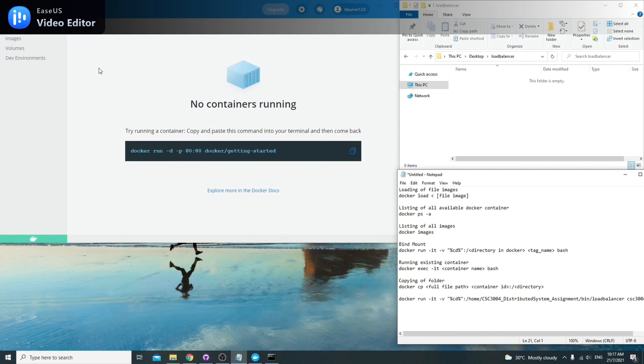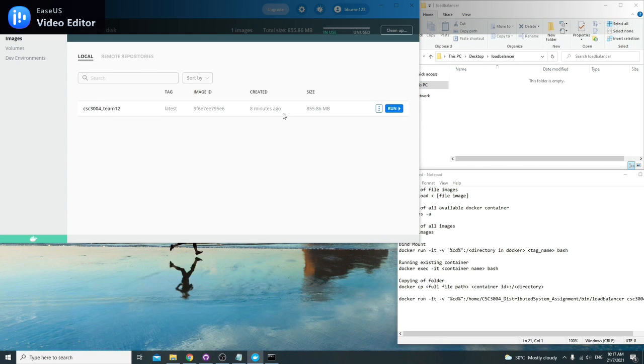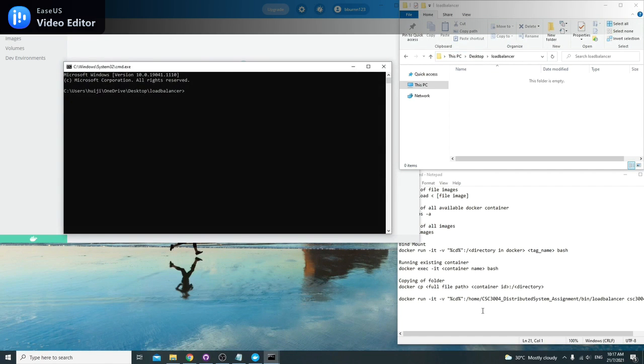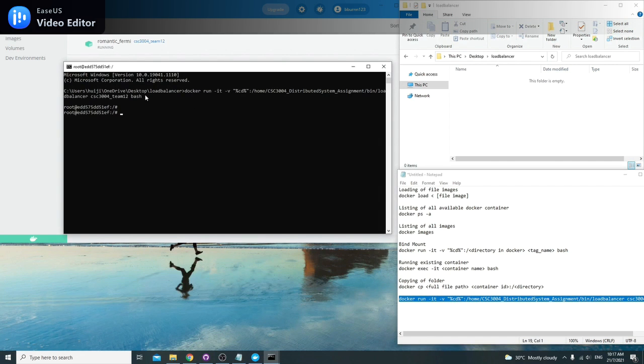I will be showing you the Docker portion. So the image will be provided to you. And then firstly, create a folder. After creating the folder, run the bind mount function that was shown in the presentation. So after running the function, the container will be created immediately for you. So our location will be at